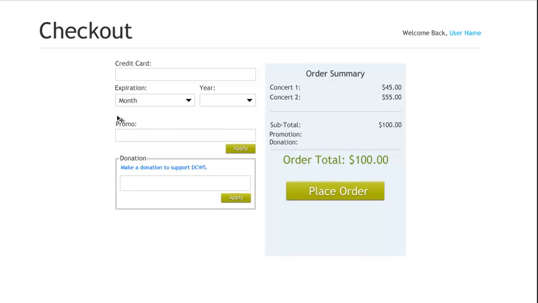What I forgot to add actually is, within the credit card section, the credit card should have asterisks. It should only show the last 4 digits of the credit card that the user entered. At the bottom here, I would actually like a simple link that says change card